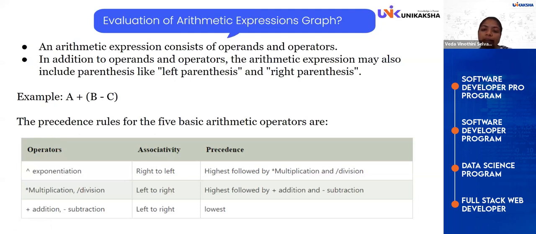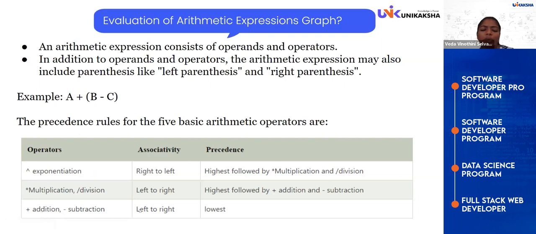The exponentiation operator has the highest precedence. After exponentiation comes multiplication and division, and after that you give importance to addition and subtraction.